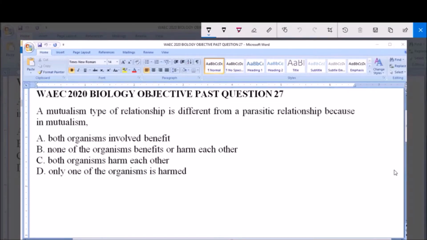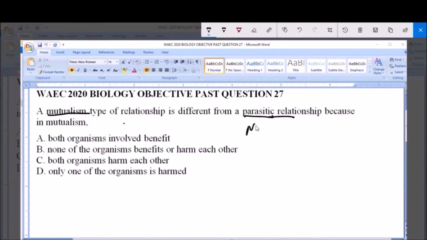A mutualism type of relationship is different from a parasitic relationship because in mutualism, A, both organisms involved benefit, B, none of the organisms benefit or harm each other, C, both organisms harm each other, D, only one of the organisms is harmed. So we are looking at two forms of relationship between organisms, mutualism and parasitism, or a parasitic